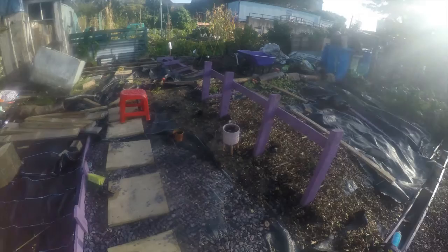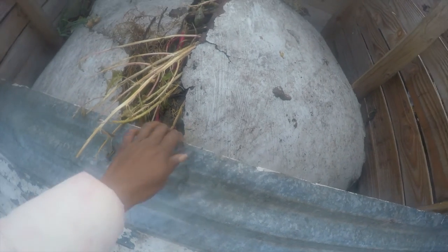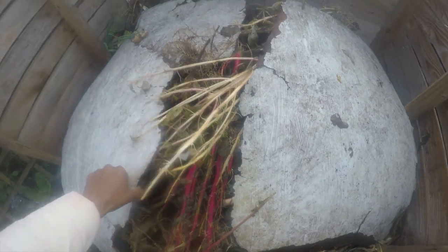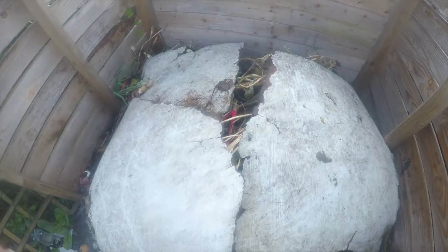I want to actually show you my compost bin. So let's excuse the mess. So here is my compost bin. If you are into gardening, you should have one of these silver grey bins where you can put your food waste. As you can see, I've got eggs, onions, rosemary, corn, the stuff that was left over. Looks like sludge, doesn't it? I got all that cardboard. Just leaving it here and keeping it moist is a good way to get rid of it. Because apparently next year there's not going to be much compost for sale, so it's always a good idea to make your own